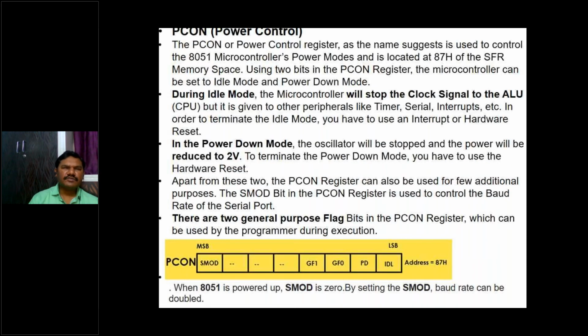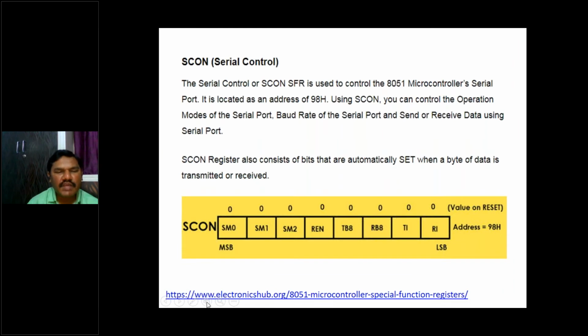Okay. The last one, very important, is called PCON, the power control register, and that we have seen already: idle mode, PD power down mode, GF0 and GF1, and SMOD. I was already explaining this PCON register earlier, but why I'm explaining it here is that the seventh bit is called the SMOD bit, and this SMOD bit stands for serial communication mode bit.